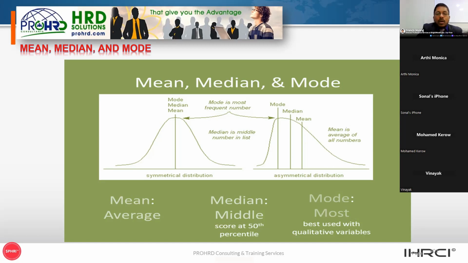Can you repeat the question again? No, for example, Vinayak is getting $1, Aarti is getting $2, Mohammed is getting $1,000. What is the mean salary? Is it 334? Excellent, correct. How do you get that 334? Add all 3: 1,000 plus 2 plus 1, divided by 3. Yeah, 1,003 divided by 3.